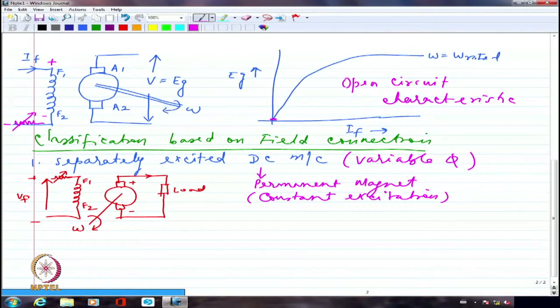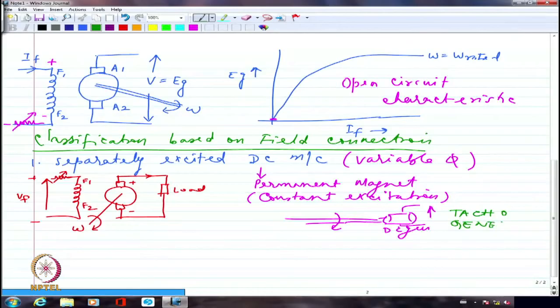So if you want to sense the speed, we already said that the generated EMF is proportional to the speed. So let us say I have a rotating mechanism, right? Along with that, I have coupled a small generator, DC generator. So if I try to measure the voltage, what is generated, that will give me an index of what is the speed at which the shaft is rotating. So there I can have a permanent magnet. So whatever is the speed of rotation, correspondingly I will have a particular voltage generated. So this is generally known as tacho generator